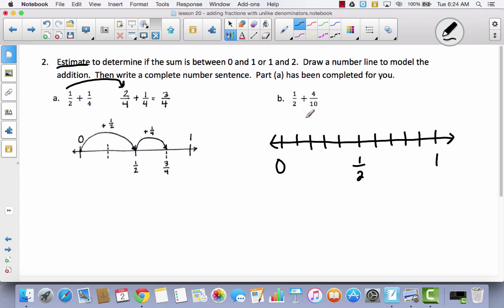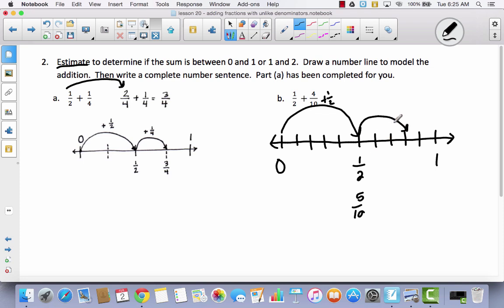So if I went 1 tenth, 2 tenths, 3 tenths, 4 tenths, 5 tenths, okay? So I've got 5 tenths here, or 1/2, and I'm going to add 4 tenths like this. So I'm starting at 0, and here is a half. So I'm going to say plus 1/2, and then I'm going to plus